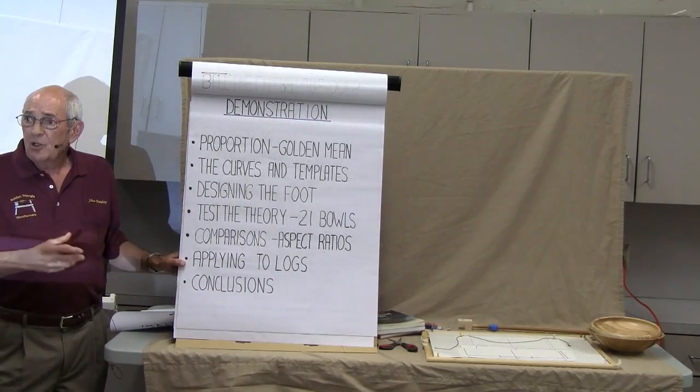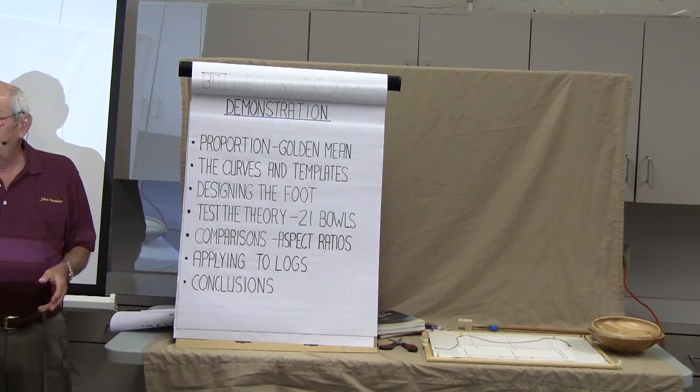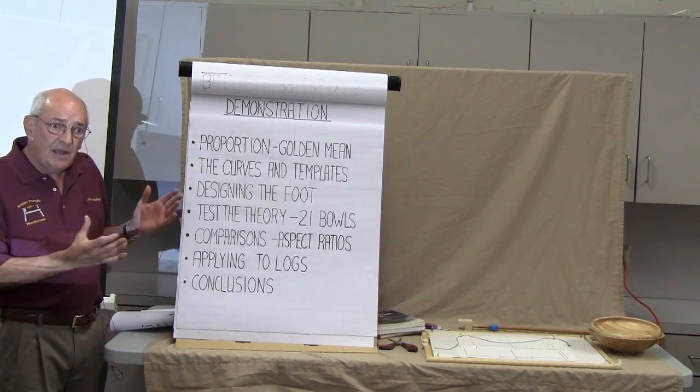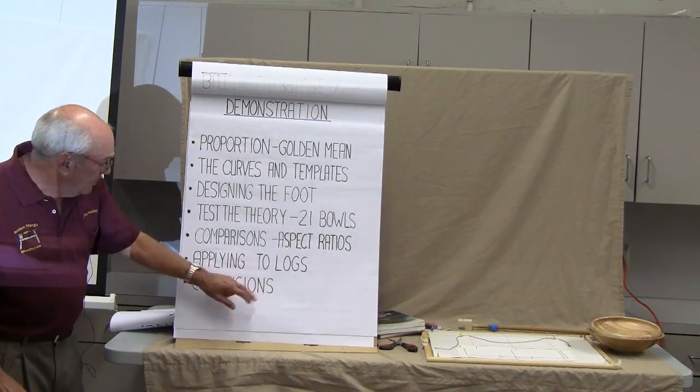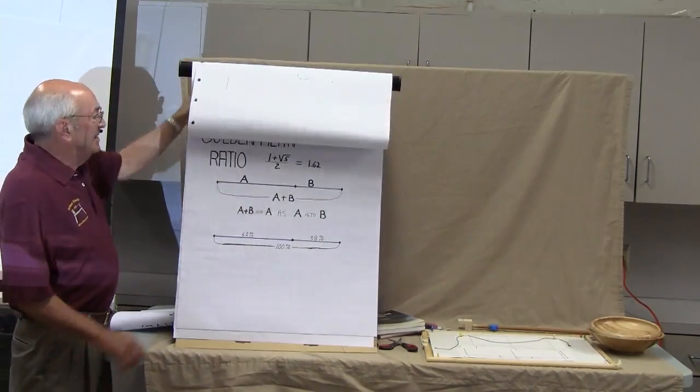Then we're going to look at applying it to logs. What happens when we go out in the yard, get that stuff, whack it up, bring it in, and turn it? Will it still apply? And then we'll try to make some conclusions. So let's start with